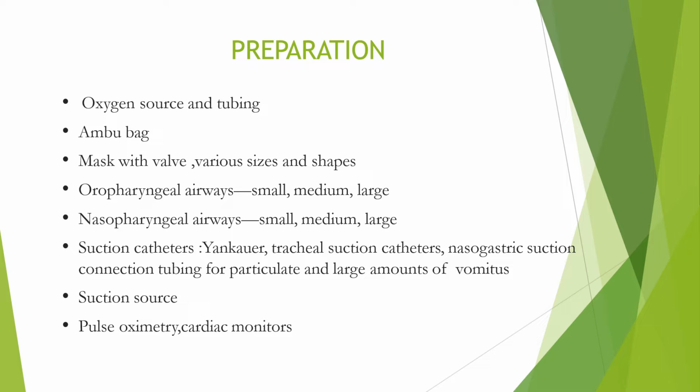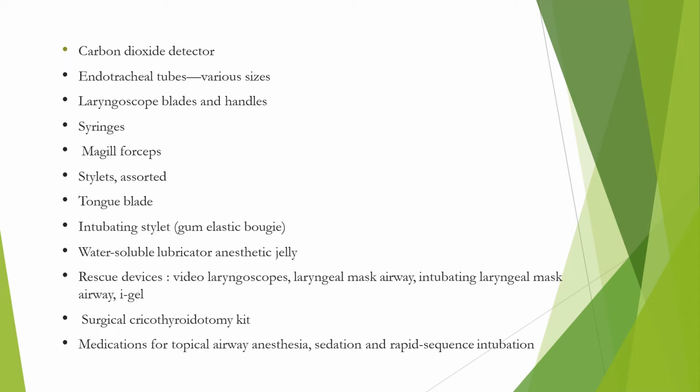All necessary equipment is assembled, which includes oxygen source and tubing, Ambu bag, mask with valve, various sizes and shapes, oropharyngeal airways of small, medium, large size, nasopharyngeal airways of small, medium, large size, suction catheters, Yankauers, tracheal suction catheters, nasogastric suction connection tubing for particulate and large amounts of vomitus, suction source, pulse oximetry and cardiac monitors, carbon dioxide